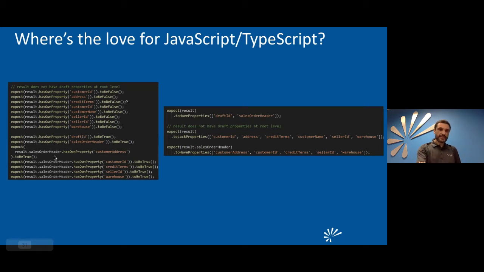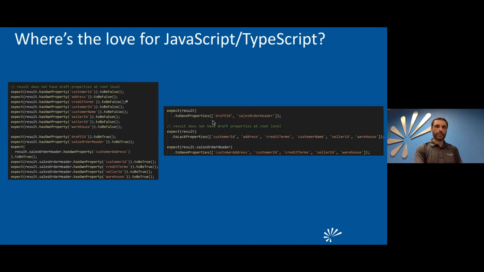This one here, as we see through the code, it's going result, result, result, and then I see something different. What's different here? Oh, okay, here instead of result, it's result sales order header, and then it continues checking result. When you see the code like this, there's a lot of code, and you have to twist your head to be able to see what's different. Well, here it makes it simple to see that.